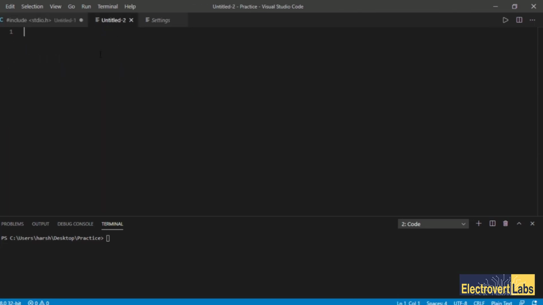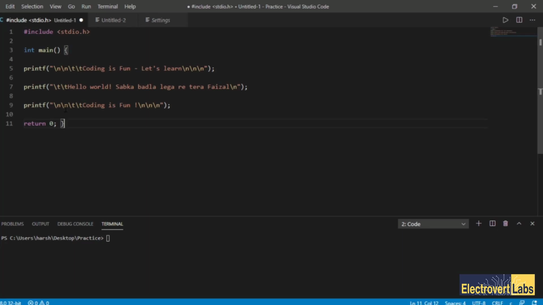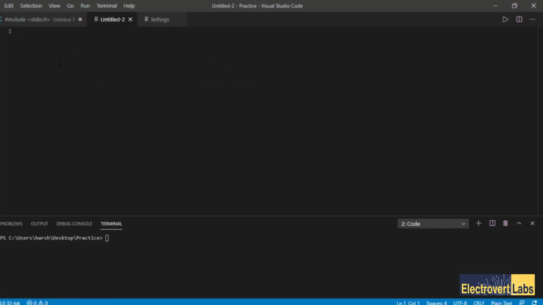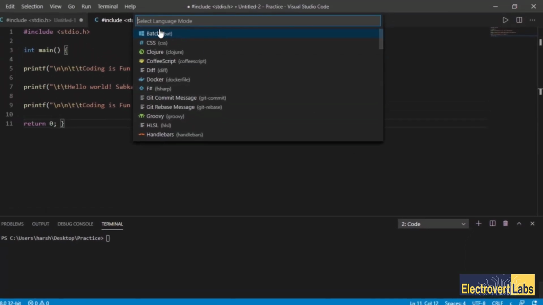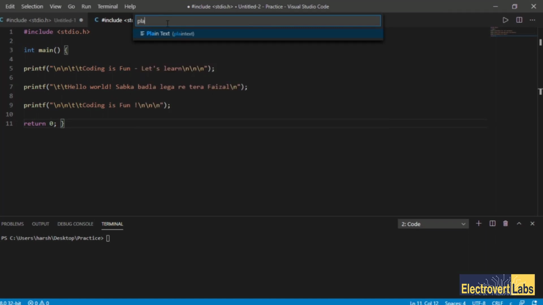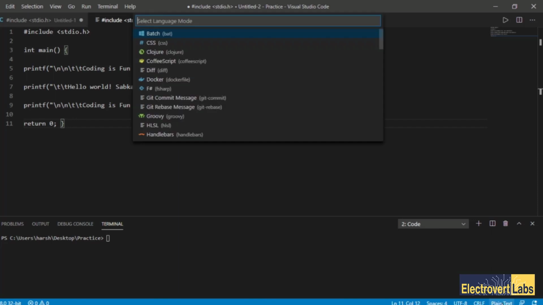Now, let's suppose that I have just opened a new file. The name will come as something like untitled 1 or untitled 2. If I want to write some particular code, let's suppose this is my code. When you write it, you have to go here and select the language. Earlier it may be plain text, so click here on plain text. Either you can directly select the language here, or when you are saving it, just save it with a .c extension. It will automatically detect that for you.